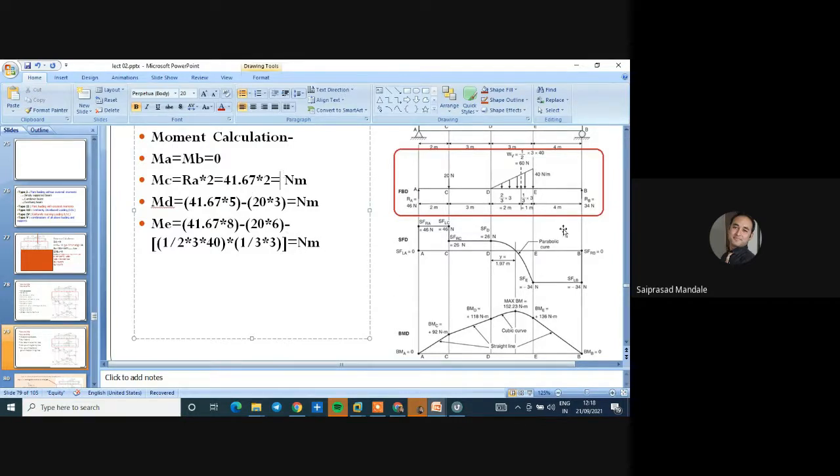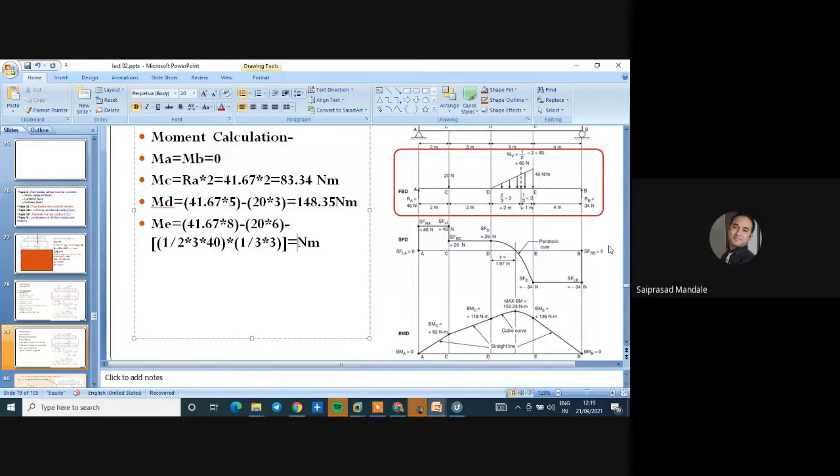So can you tell me the answer for moment at C? How much is it? 41.67 into 2, it is 83.34, perfectly correct. Then the next answer is 41.67 into 5 minus 60. So it is 148.35. Perfectly correct. And the last answer is